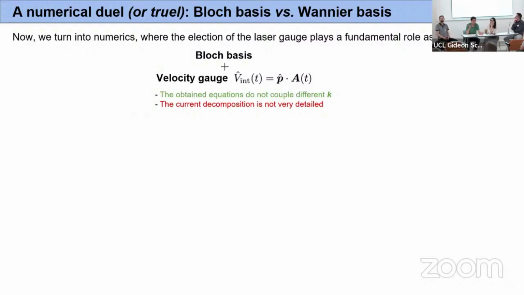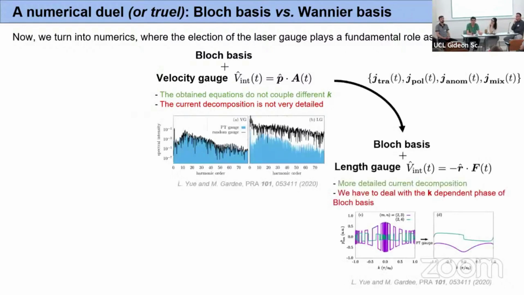So imagine that we blindly pick the block basis in the velocity gauge. The first thing that we will see is that the equations that we get are decoupled in K, which is very nice from a numerical point of view because it allows to introduce all these polarization processes that use the numerics. However, if we want a more detailed carbon decomposition, then what we can do is to move to